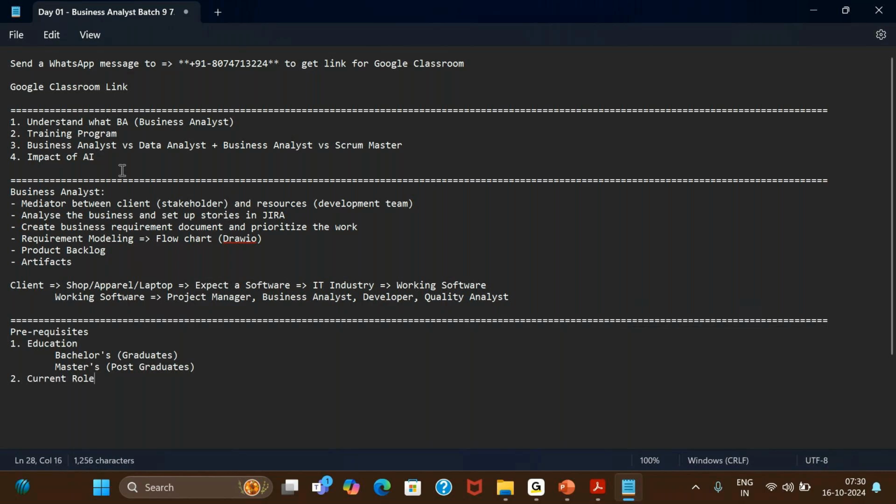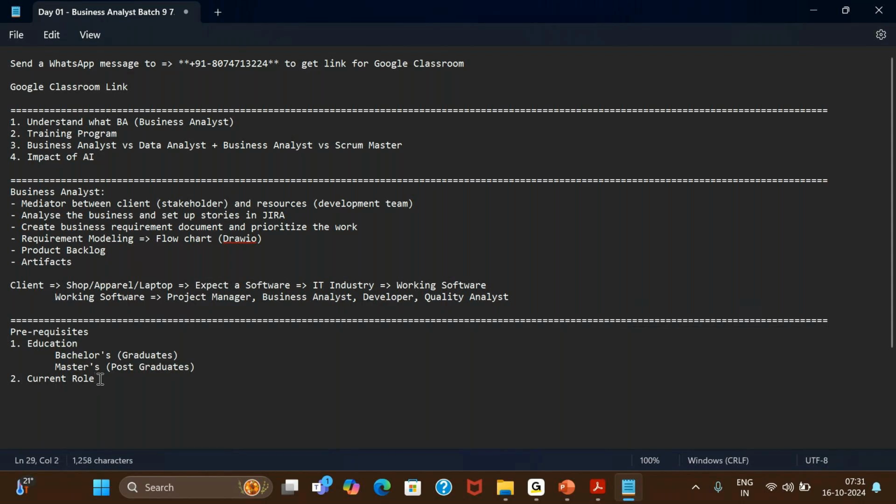Suppose you are already working in the IT industry, but let's say you are working as a developer. You are writing code on a day-to-day basis, but finding it difficult to keep yourself up to date with the latest changes happening across the development space, or maybe you're worried that in future you're not going to write the code, maybe artificial intelligence will do the code itself. So what should I do? Okay. Whatever your worries or apprehensions, irrespective of that, you want to switch